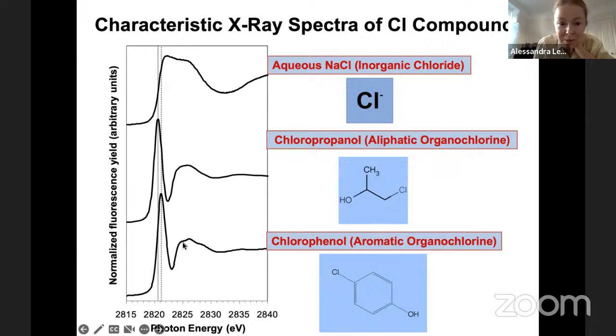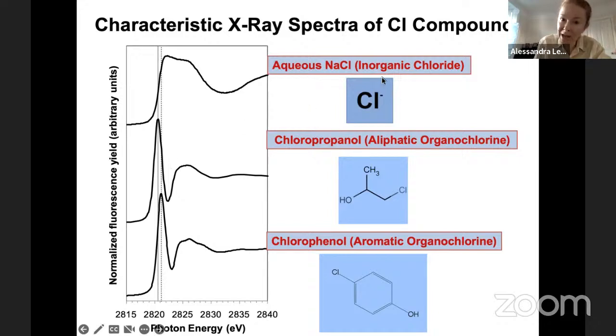And in this spectrum here, chlorine is connected to aromatic carbon in parachlorophenol. Now, there's a difference in bond length here because this aromatic ring actually gives some partial pi character to this carbon-chlorine bond. And what that means is we can use this X-ray absorption near-edge structure spectroscopy to tell the difference,